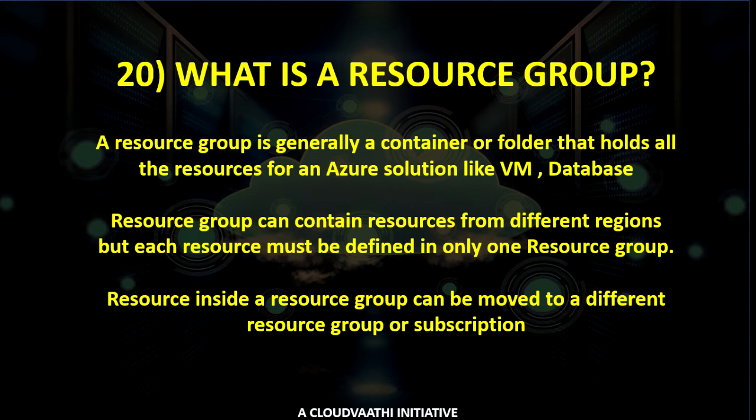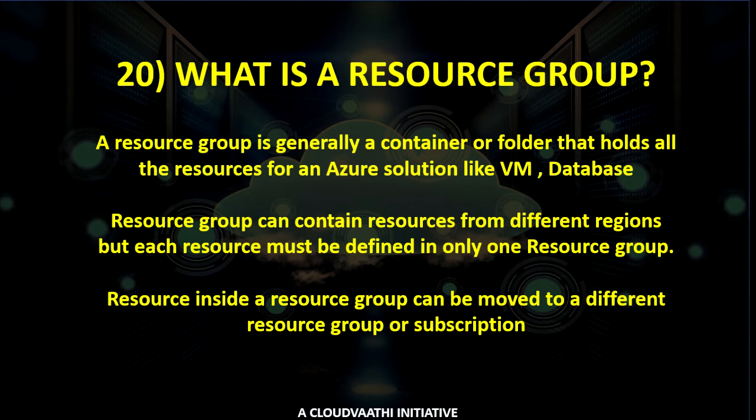Each resource will have a resource group, and a resource group can have multiple resources. The best example is if you log into the Azure portal and create a VM. You just click the create button, but at the back end it will create a resource group and a network component. If we are allowing an HTTP connection, it will create a public IP address, a disk storage, and the VM machine. All these are individual components.